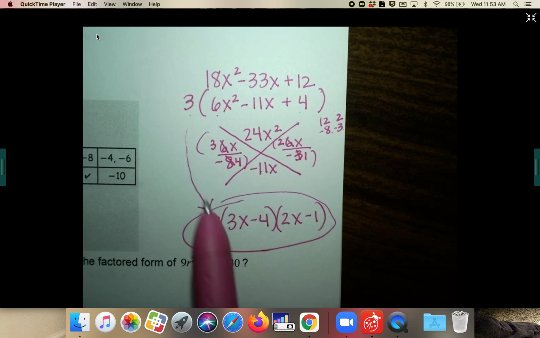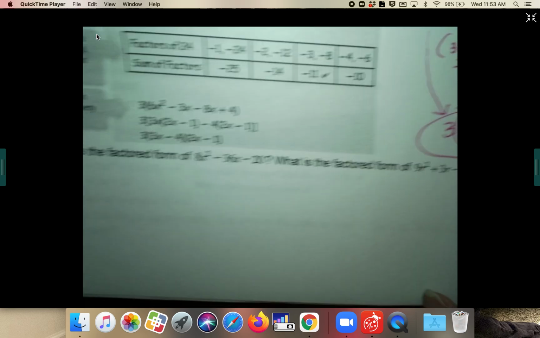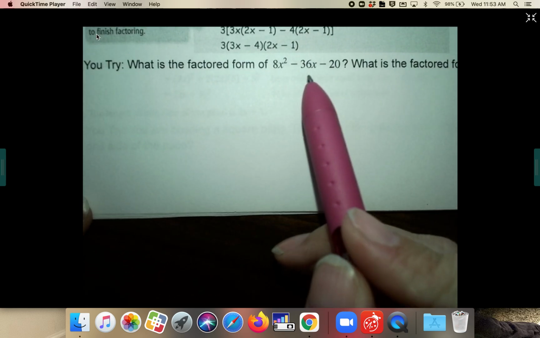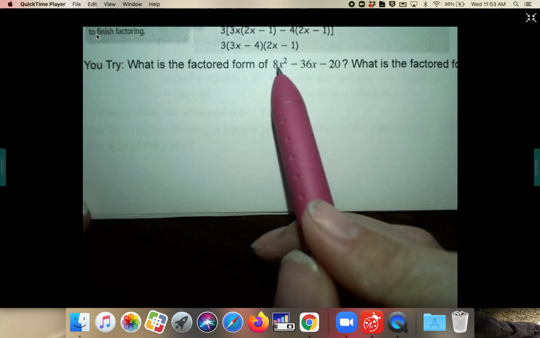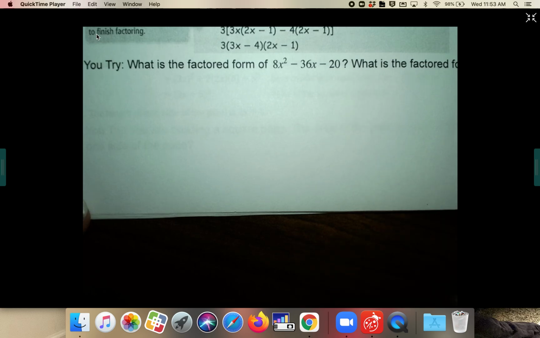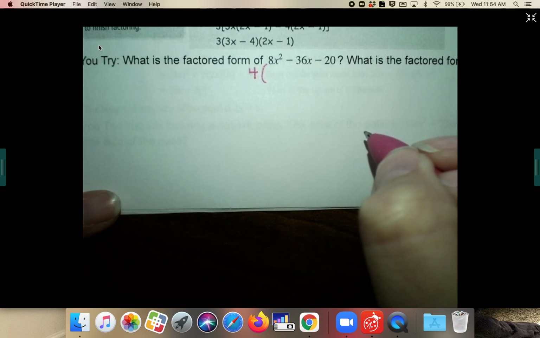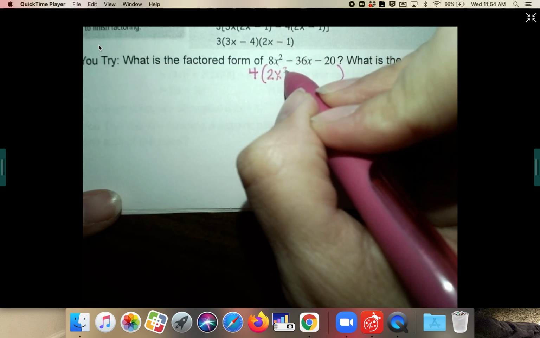If you factor something out, it still has to be out there in your answer. All right, so here's a couple more last ones. Let's look at this one. Is there a greatest common factor we can pull out of 8, 36, and 20? I think 4. 4 is the greatest common factor. So if we pull out a 4, what we're left with is 2x squared